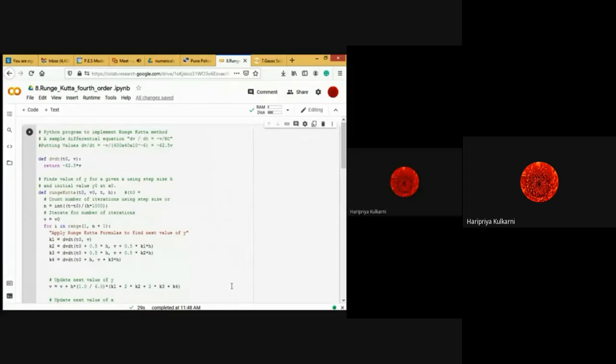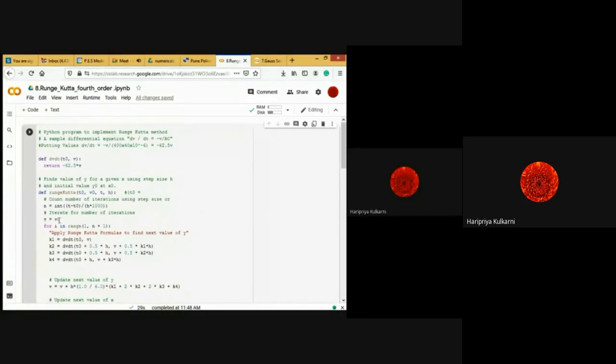10 milliseconds. Okay. So it is (10 minus 5) milliseconds initial. Okay, (10 minus 5) upon h into 1000. So we know the h, so we can calculate n. So n here will come as 2. So we have to perform only 2 iterations.